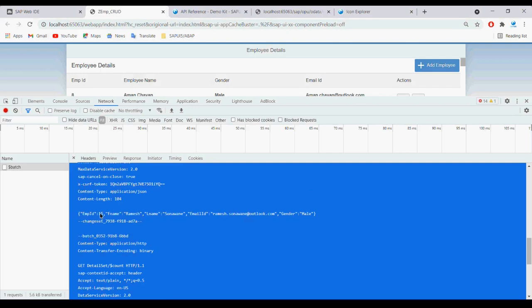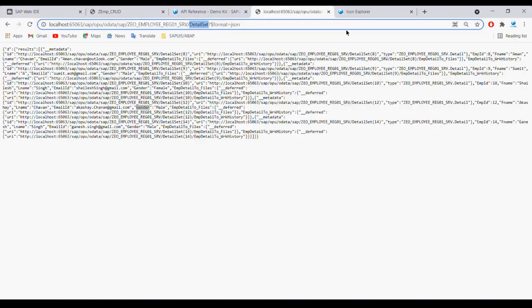Employee ID is 15. This employee ID's value is an integer, so that's why that value is getting passed as 15, and the rest are all in string format. So you have to make sure whether employee ID accepts values in string or integer format, and you can identify that with the help of